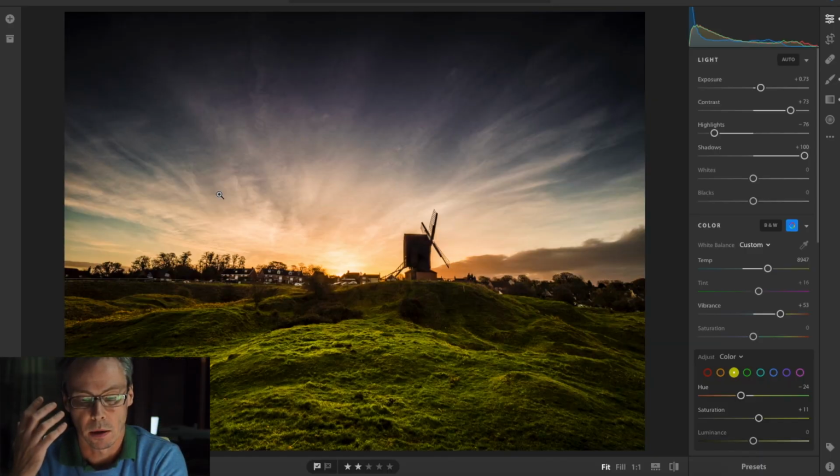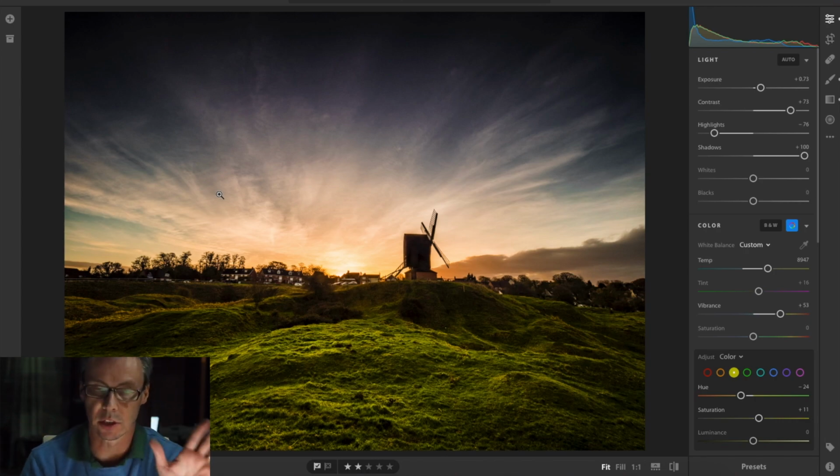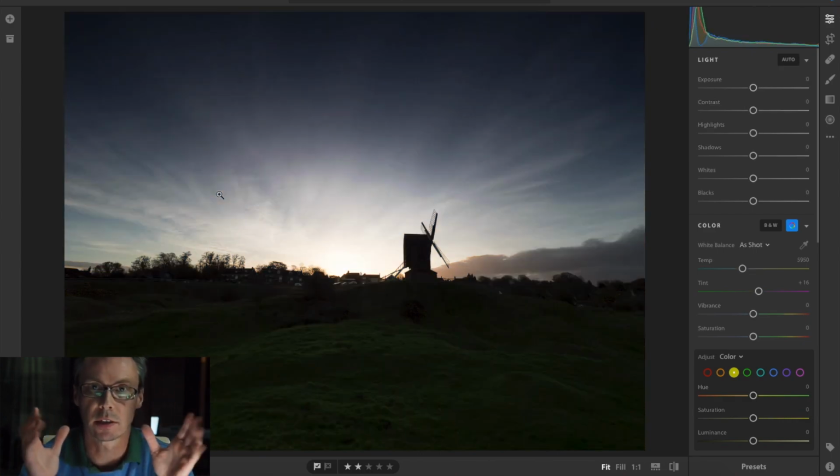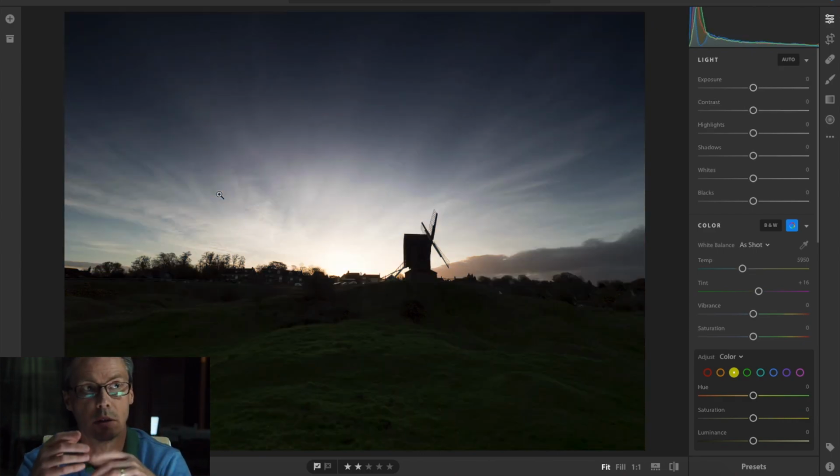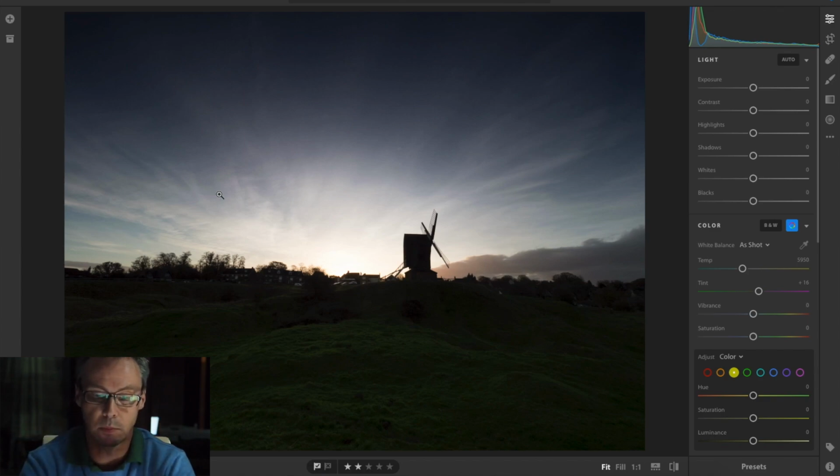So, I've just come back from doing a one-to-one tutorial with a client, and during the process I came up with this image. Now, this is okay, it's not going to win any awards or anything, but what I like about it is it started off life like this, and on the LCD of the camera, this part at the bottom here looked extremely dark and you couldn't really tell whether it was going to work or not. And the whole point I was making to the guy I was teaching was